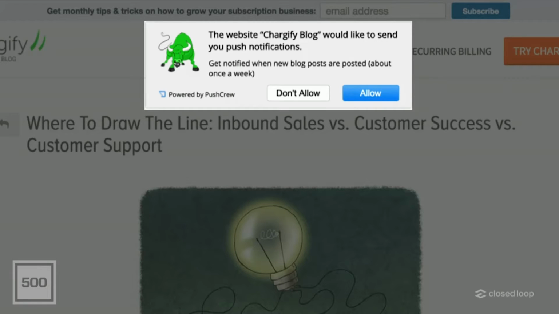Same design pattern, same really logic to the whole process here. They still have questionable language in that they're using notifications in an unexpected way. I happen to know, as do all of you, that they're referring to browser notifications, and they're not going to ask for my mobile number to notify my phone. But the buttons, they've fixed. Allow, don't allow. Plain as day. I know what the impact of each of those choices is. I can make that decision and move on with my life.